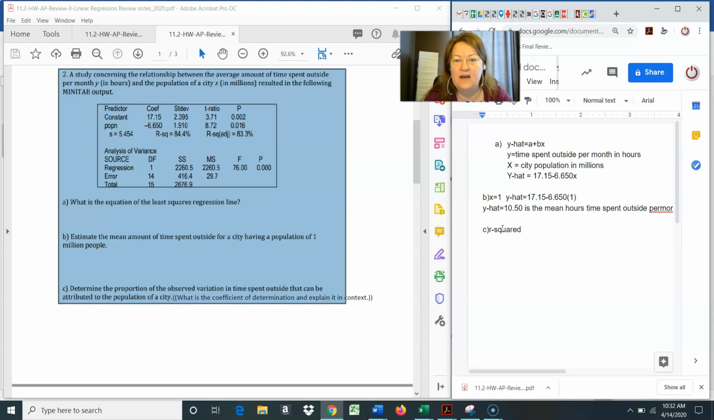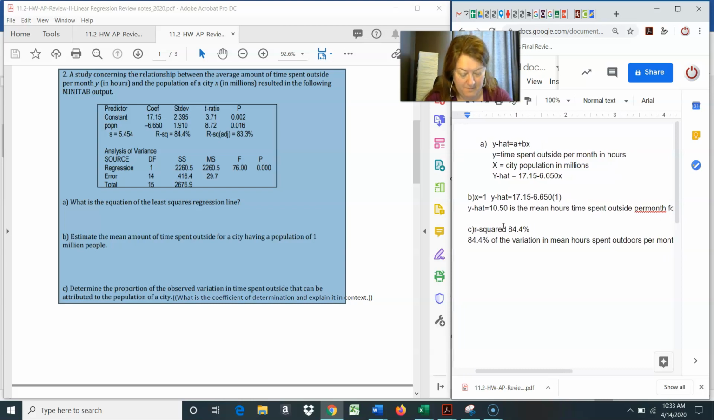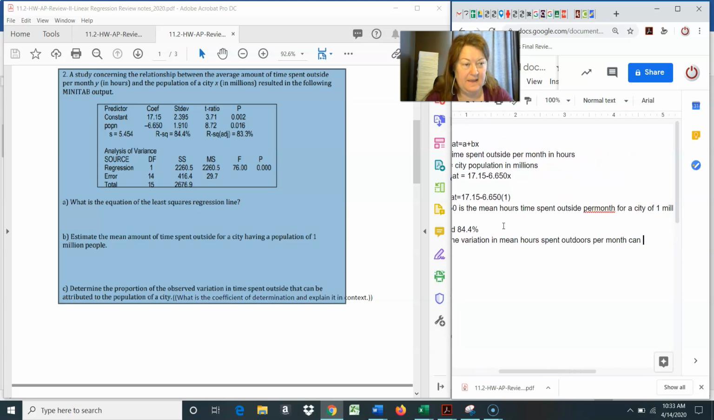If I go underneath coefficient, I see 84.4 and then next to it 83.3. We're always going to take the 84.4%. So here is the official sentence: 84.4% of the variation in mean hours spent outdoors per month can be